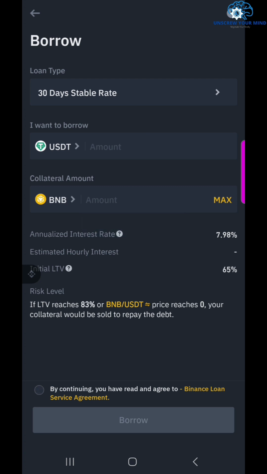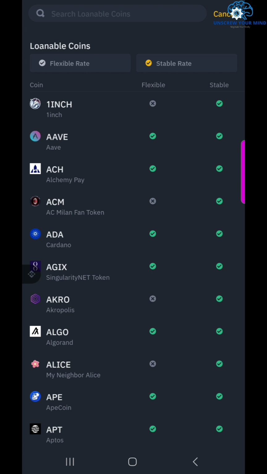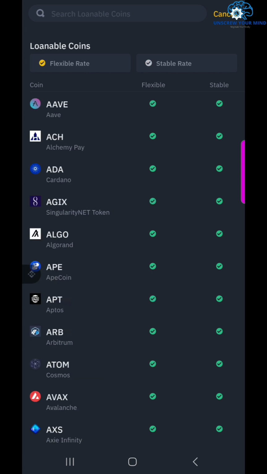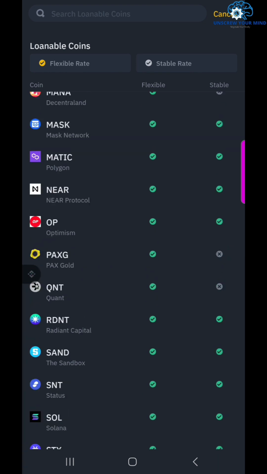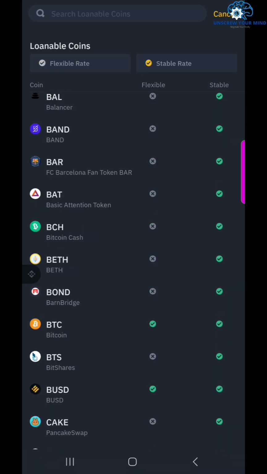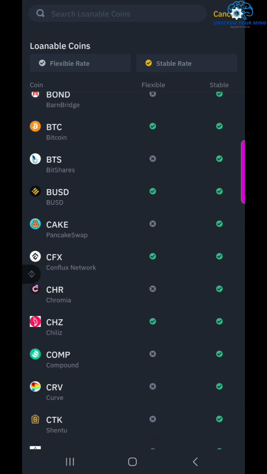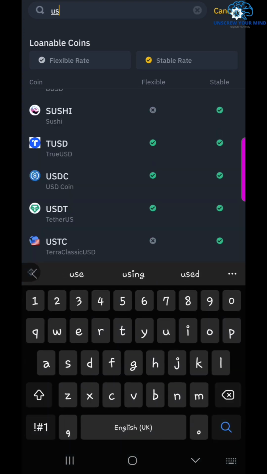And then you're going to see, I want to borrow. So which asset do you want to borrow? Do you want to borrow USDT? Do you want to borrow a coin? So you're going to select. And as you can see, if you click on flexible rate here, they're going to give you the assets that can be borrowed using the flexible rate. If you click on stable rate, you're also going to see the assets that you can borrow using the stable rate. So we can select USDT. We want to borrow a stable coin,